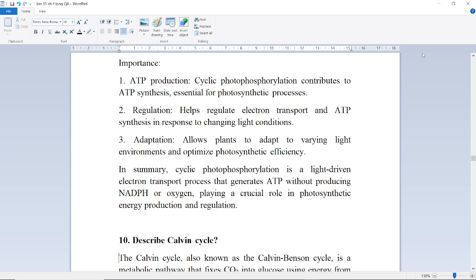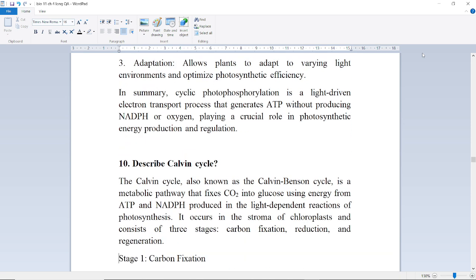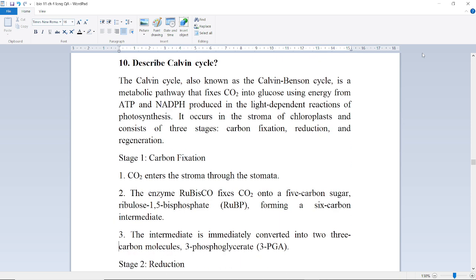In summary, cyclic photophosphorylation is a light-driven electron transport process that generates ATP without producing NADPH or oxygen, playing a crucial role in photosynthetic energy production and regulation. Next question is, describe Calvin cycle. The Calvin cycle, also known as the Calvin-Benson cycle, is a metabolic pathway that fixes carbon dioxide into glucose using energy